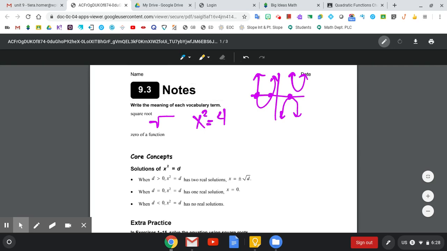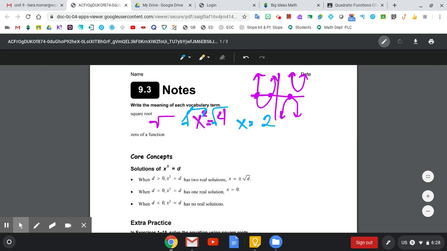So the inverse operation of squaring something is to take its square root. So to get rid of that squared, we're going to take the square root. But what we do to one side, remember, we have to do to the other. So this square root and the squared will cancel, leaving us with just our x. And then the square root of 4, a lot of you are going to tell me is 2,